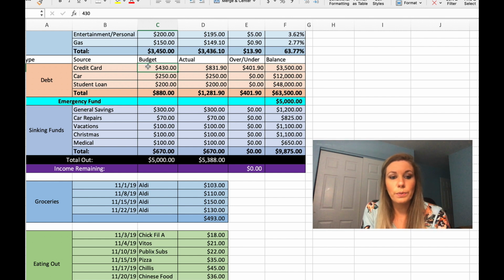But since it's a zero-based budget and they need to get to $5,000, they put those extra $330 after they did all their budgeting to go to their credit cards because they want to pay them off. So you can see that here. And then here, when they did their actual,